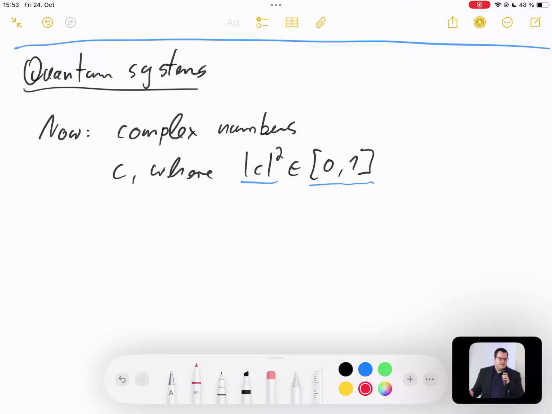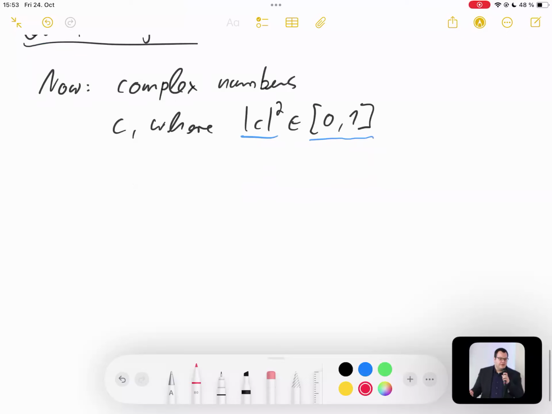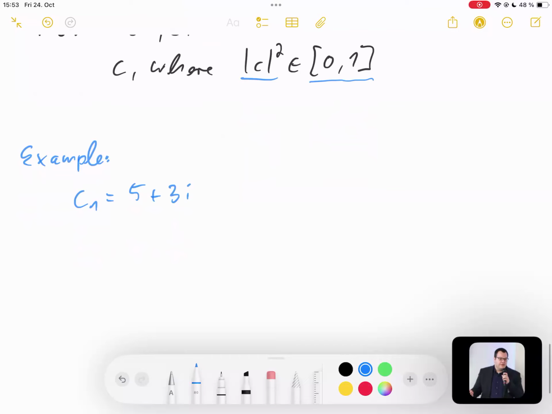And I'll show you an example for that. We now use complex numbers for which the modulus squared is not in this range, but it's just one example of what we mean by canceling out. Imagine I have C1, which is 5 plus 3i, and I have C2, which is minus 3 minus 2i. Now,